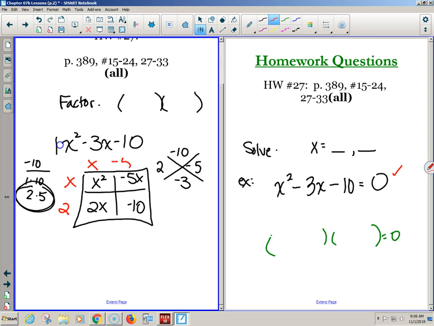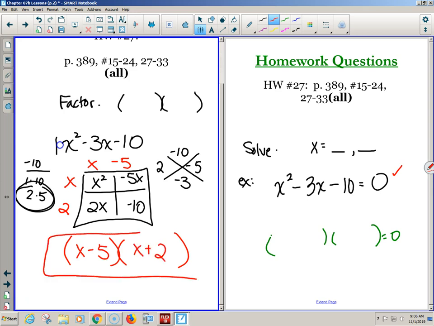Negative 5. So how can I fill in the parentheses, the factors? If it was a factor problem, I'd be done. X minus 5 and X plus 2. Okay, this is a factor problem. I'm done. Any questions on the